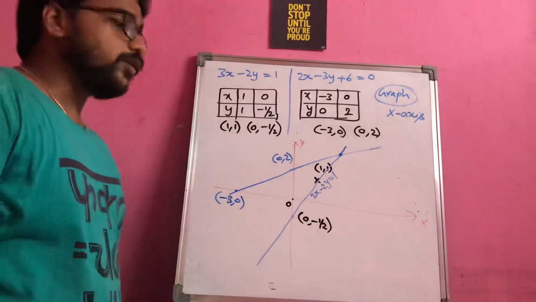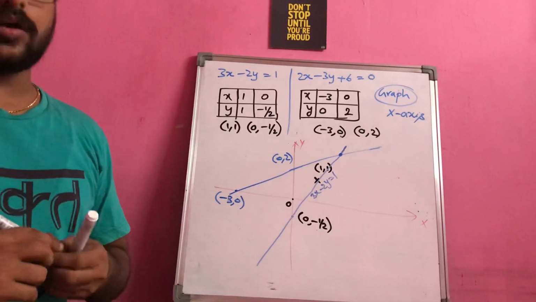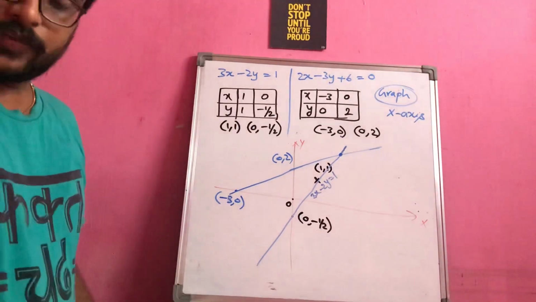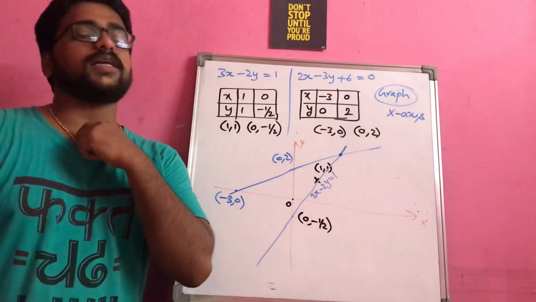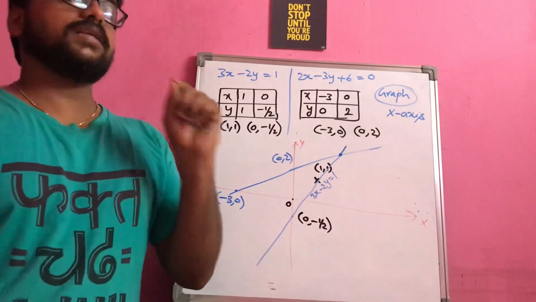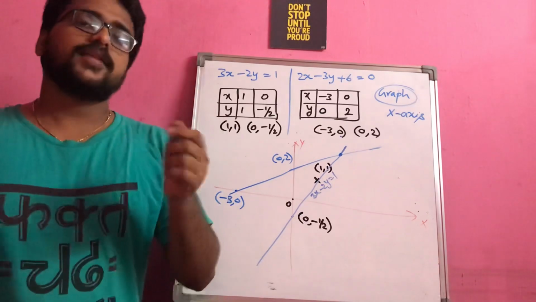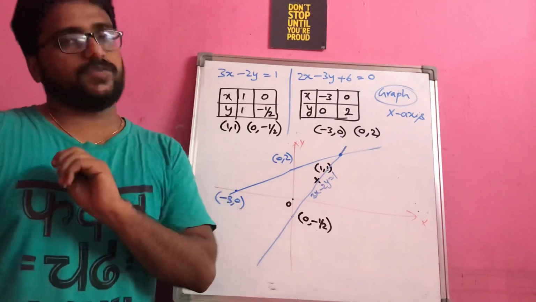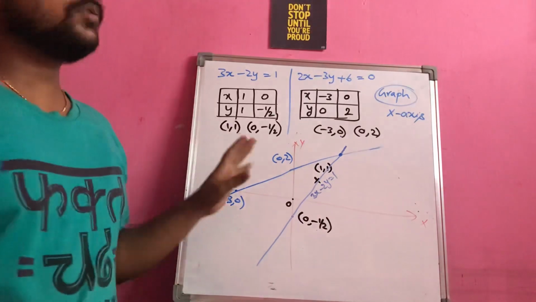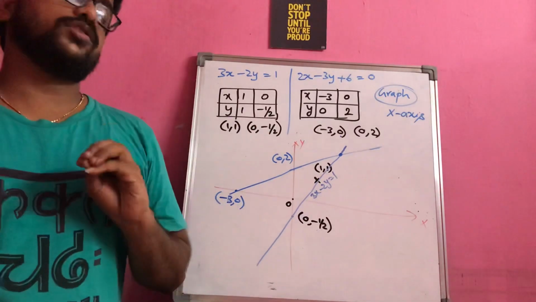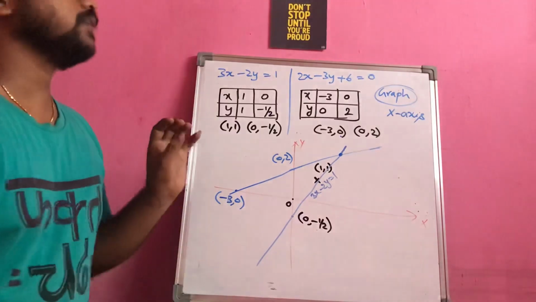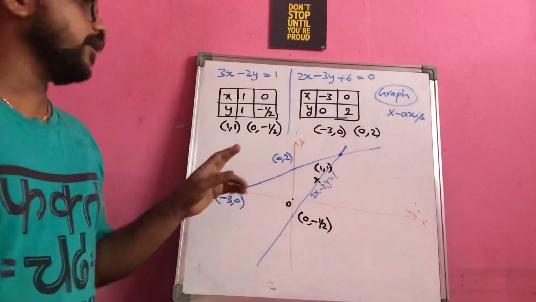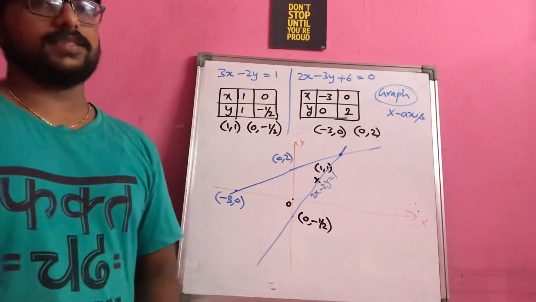So the conclusion that you can get from here is that you have one solution. The lines are said to be intersecting, which means that they are consistent. That means they give you a solution. Okay. Now in this question, they are not asking what the solution is. Instead, they are asking what the shaded region bounded by these two lines and the x-axis is.